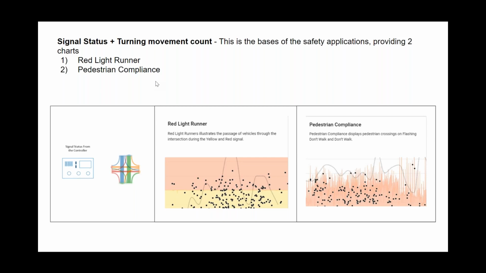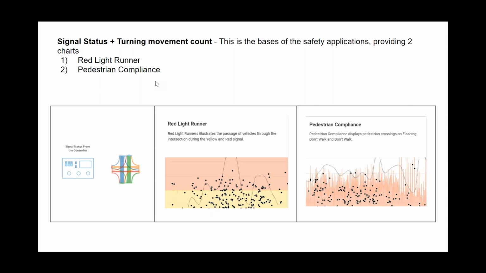So similar to not just looking at the timing plan design, or at how well the vehicle traffic is being served, but also understanding, when there's not enough time, how many people are actually trying to run the red light, or how many are trying to run the yellow to get through because of maybe a timing problem. Similar to that with pedestrian compliance, how often are pedestrians jaywalking? How often are they crossing the road when they shouldn't be? And that could all relate to the other charts about not getting enough time, not being allocated properly, and then people trying to rush the signal or cross the road when they're not supposed to. And all these factors come together to look at an intersection more holistically.